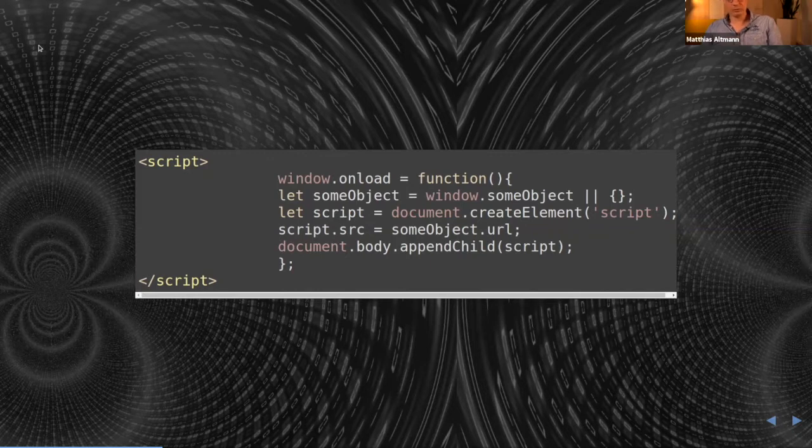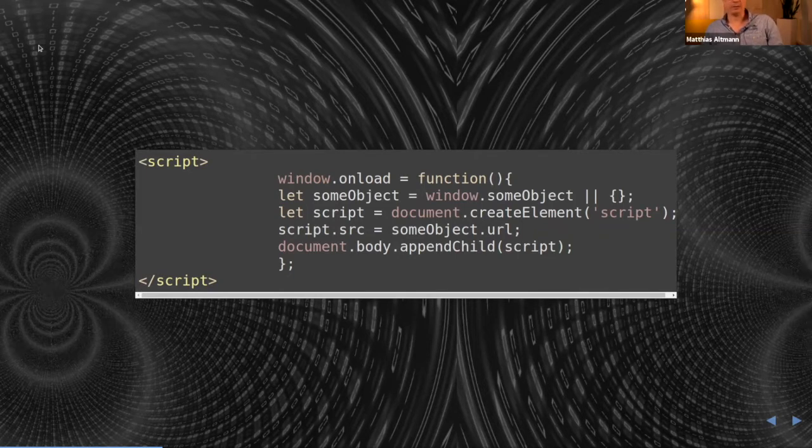In the second row, you see that an object is initialized with an OR operator. So it will definitely be initialized, either with an empty object or with an object living at the window object scope. If you know the DOM, window is what represents the browser, so it's a global variable at this point.